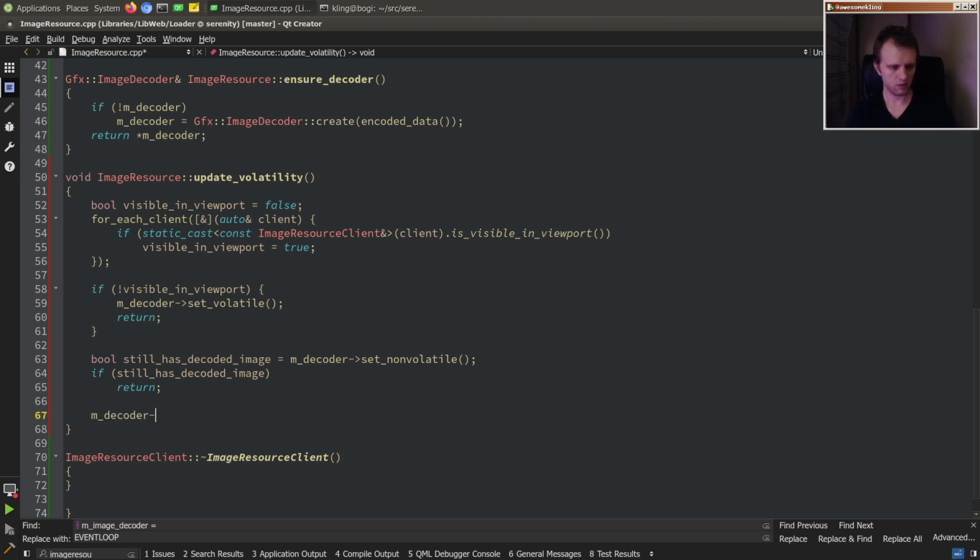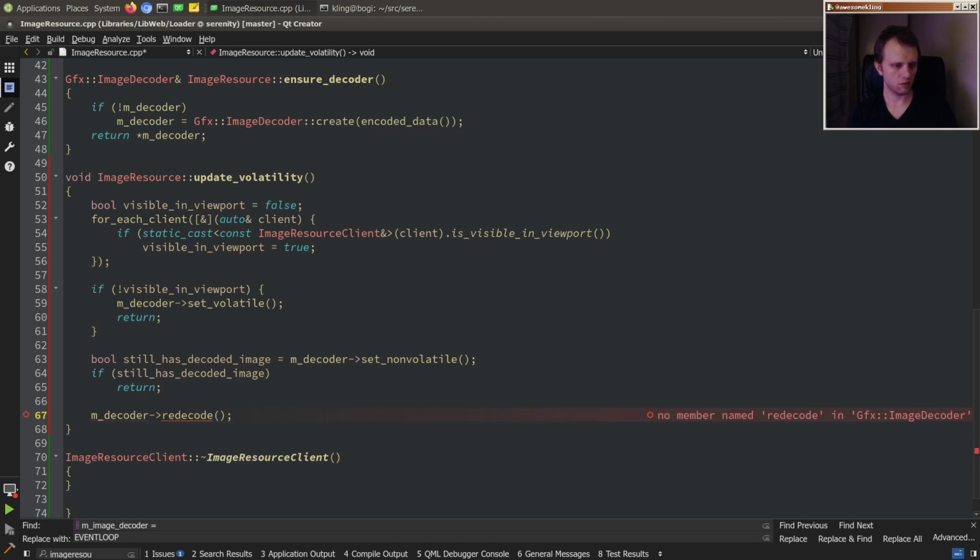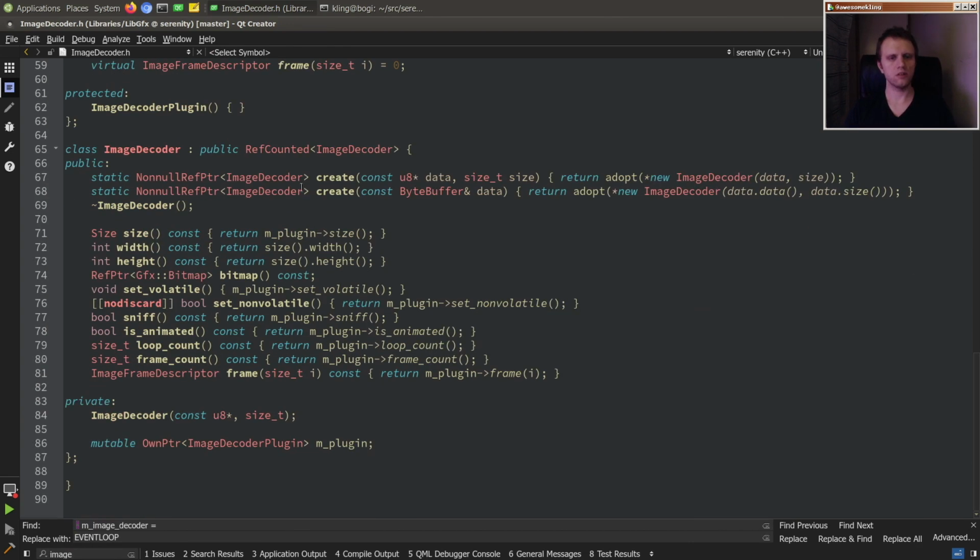But that's okay, because we have the encoded data. So what we'll do is we'll say decoder, maybe redecode. So this API will be a little awkward, because we already have image elements that point to our decoder. The API as it is right now is image decoder. You create an image decoder and you provide the data, but the decoder doesn't hold on to the encoded form. The data that you provide is the encoded data, but the decoder itself will just process that, turn it into a decoded representation, like a bitmap, and then it doesn't care about the encoded data. So now if we want to redecode, we have to supply data again,